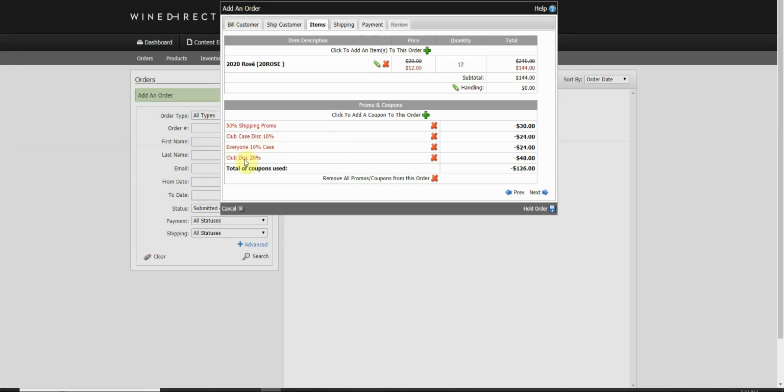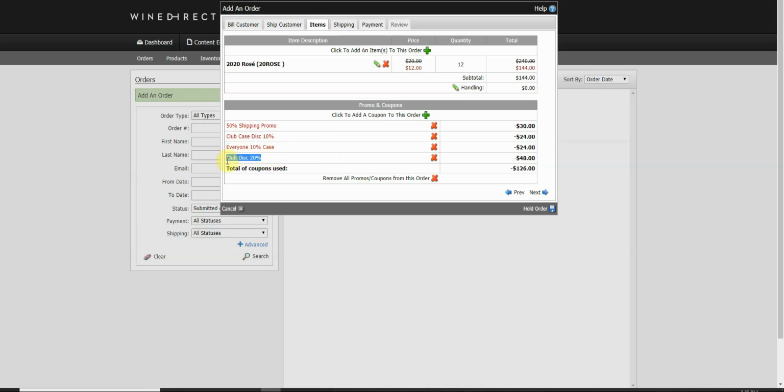Even though I just coupled it here, remember this one was already coupled to these as well. So when you're looking at the coupling, you're seeing that promo that you're in and where you want that to couple to. But it's not showing you all the other ones that the one you're trying to couple to is also coupled to. So in this case, yes, I said, I just want everyone to give an extra 10%